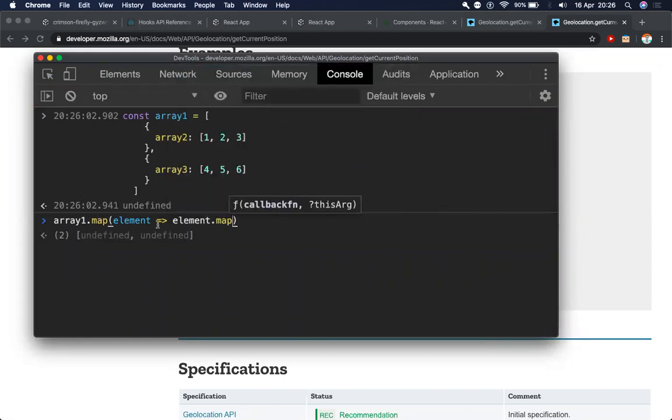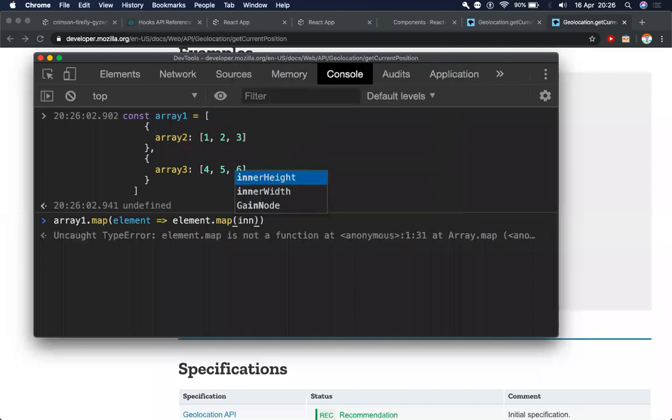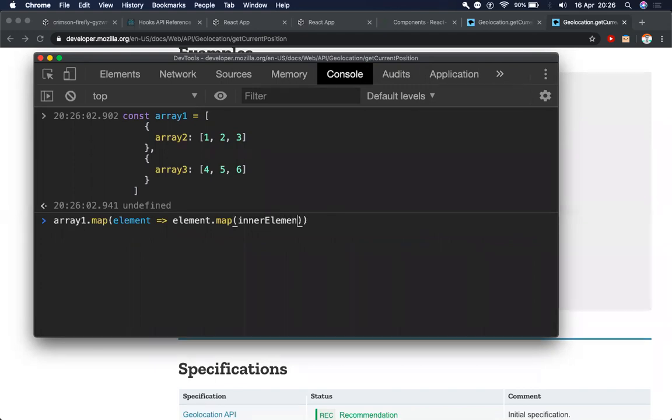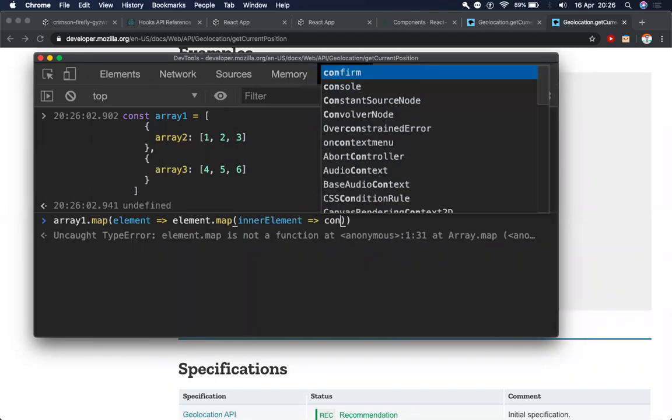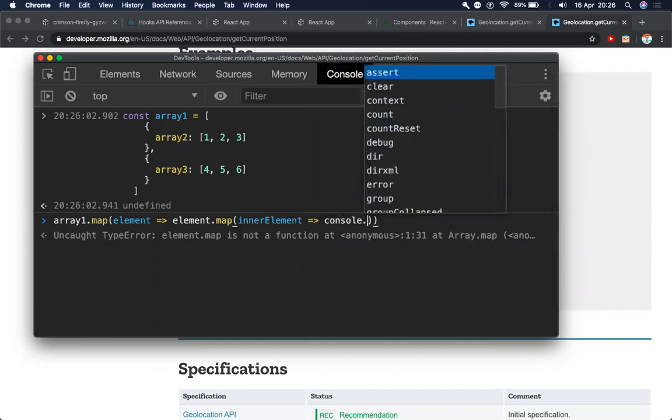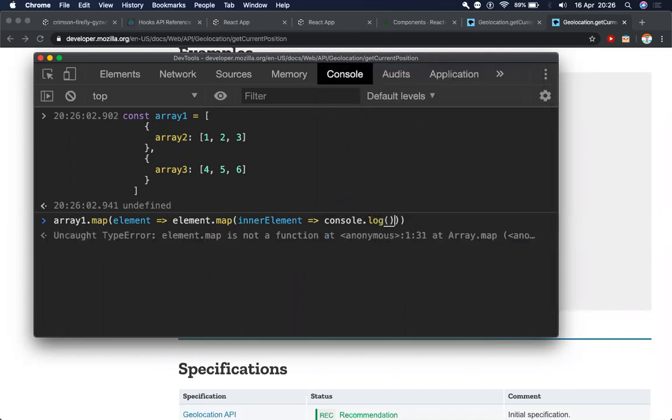So what I'm doing is using a map inside a map, and using this, this is like inception. You can go even deeper. So I'm going into the inner element over here, and using this inner element, I will console.log this. So let me just copy this here, paste this here.